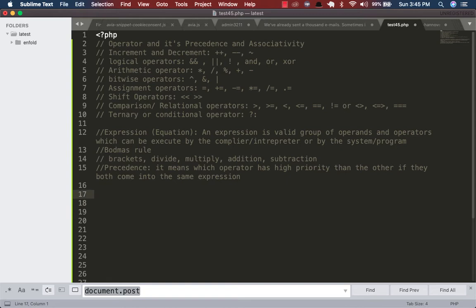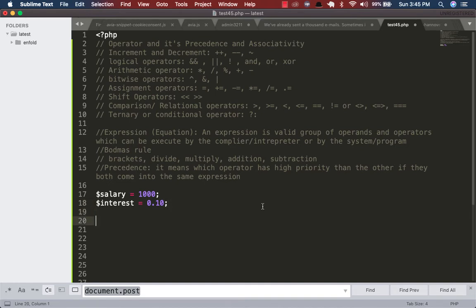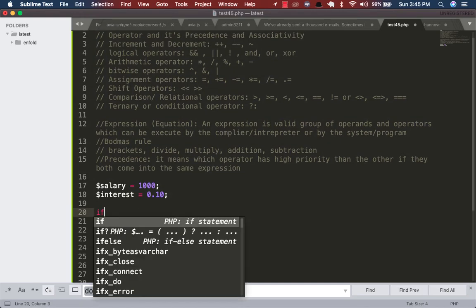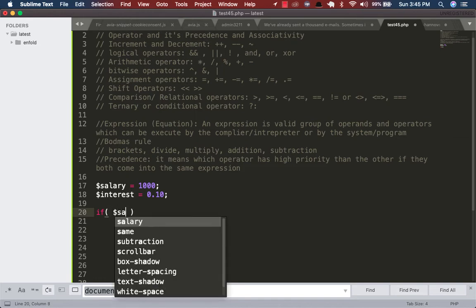So first let me write a number. Let me first write salary. I just want to start with salary is 1000. Then I will write interest equal to 0.10. Now I will write a condition: if dollar salary